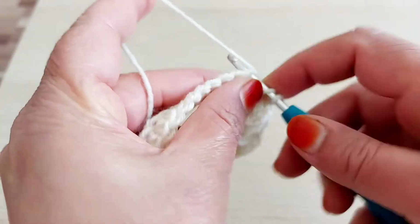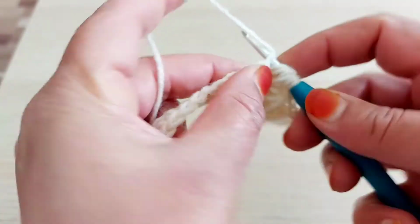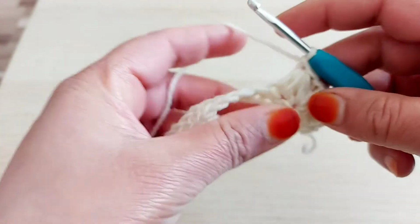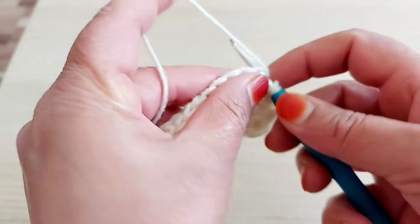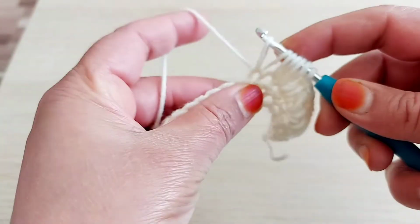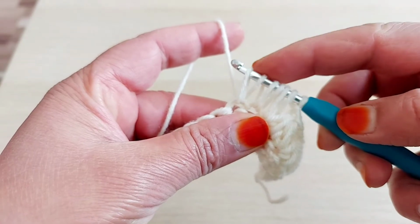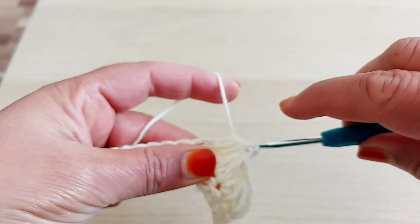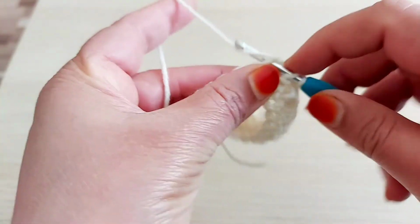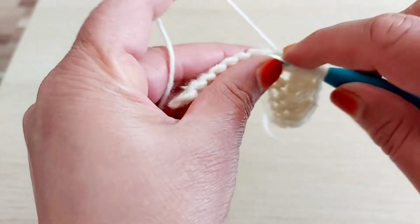yarn over, same stitch, make first loop, next, yarn over, next, pull through, make chain, yarn over, same stitch, next, next. So always you should have all loops, 1, 2, 3, 4, 5, 6, 7 loops. Always you need 7 loops. So same stitch, next, next,